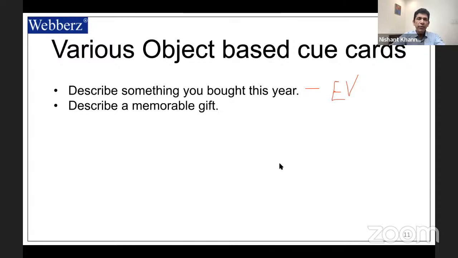The next one. Describe a memorable gift. So answer this cue card. Think of something different. Okay. So you have boat speakers. Rohini Sharma says this. Maninder Singh says a new car. Very good. Very nice. A memorable gift now. Let's talk about a memorable gift. Think of a memorable gift. iPhone. Okay.